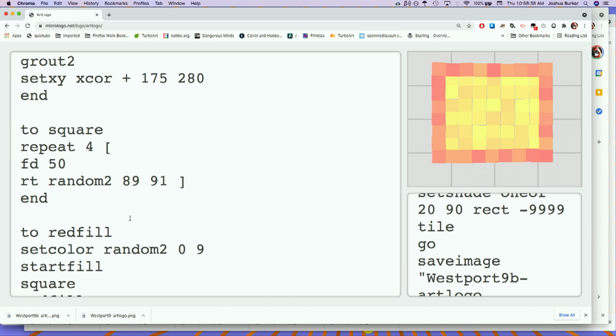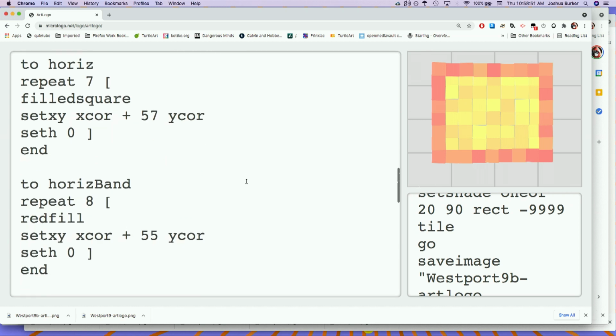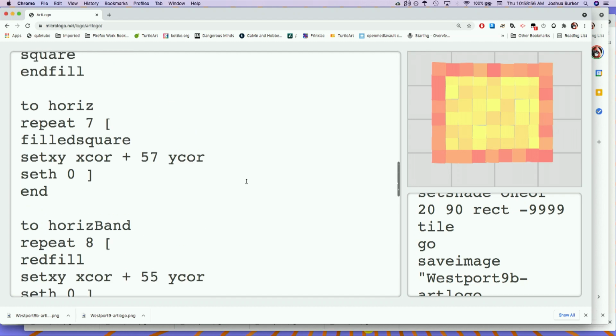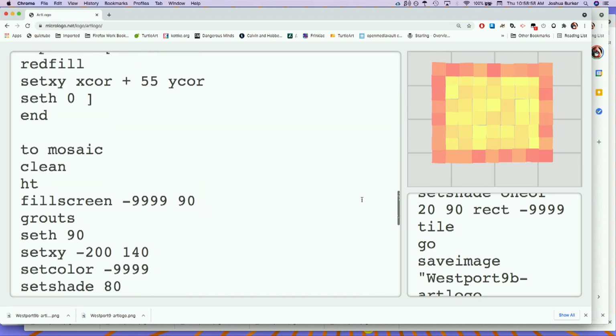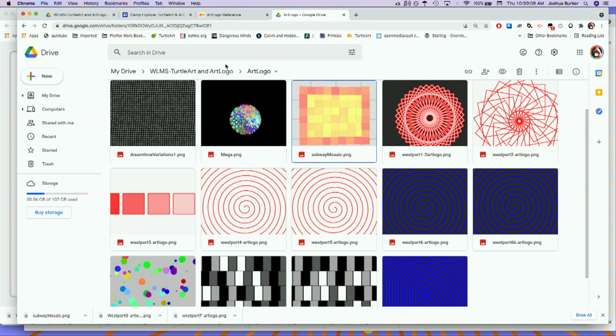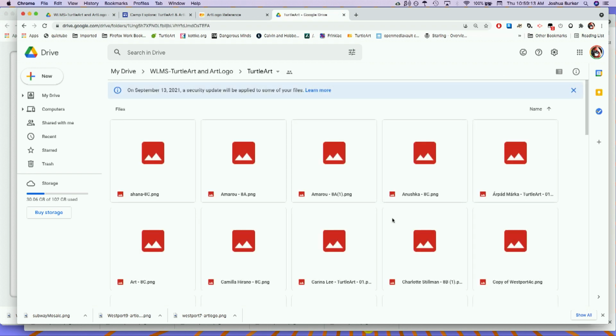And it's also using a red fill procedure to change what the color is, where it is in the red, and then has some code to make the horizontal and the vertical march. So you can download that code and play around with it in ArtLogo. And then likewise here in TurtleArt, there's work that people here have put in